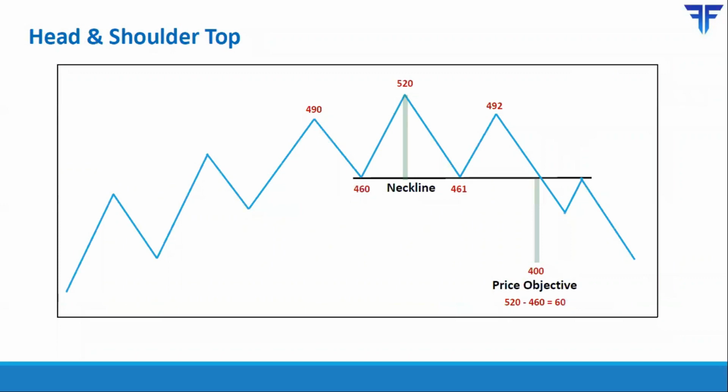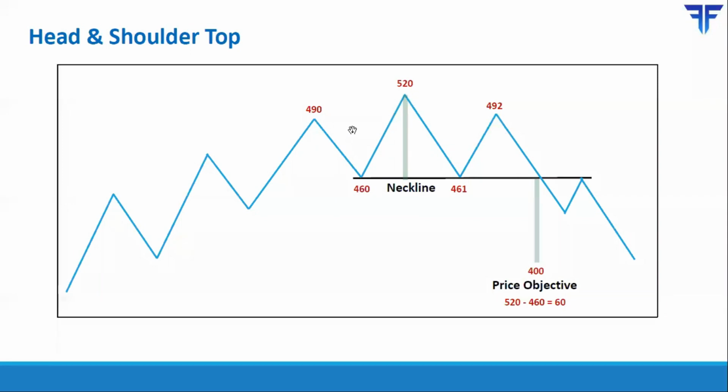Finally, we'll talk about one of the most common and strongly reliable patterns, called head and shoulder. A head and shoulder top is a bearish reversal pattern that appears near the end of an uptrend. So you have one high over here. From there, price reversed, came lower, rallied again, made a new high, came down again, and rallied, but this time price did not break the former high. From there, it started declining again.